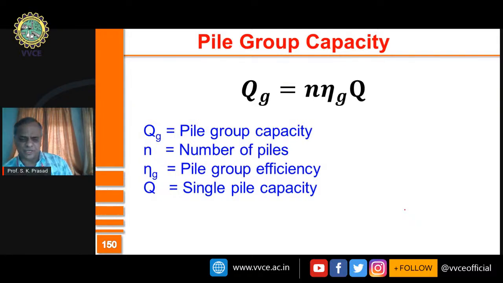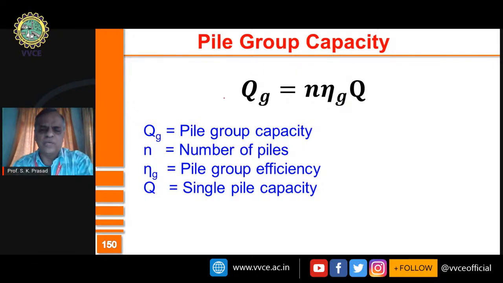Sometimes, if it is a simple situation, there are only 2 piles which are required. It may be 3 piles, it may be 4 piles, it may be in multiples of 10 or multiples of 100 also, depending on the load which is coming. So you want to know the capacity, and you should know that the capacity of individual pile, which we already determined, multiplied by the number of piles, will not give you the total capacity. Total capacity will usually be less than the capacity of single pile multiplied by number of piles.